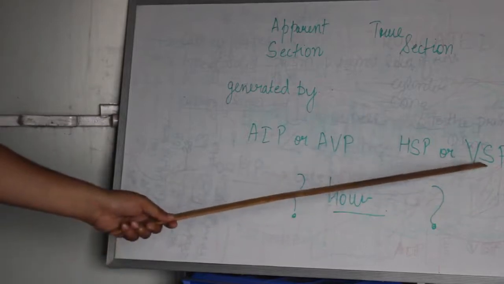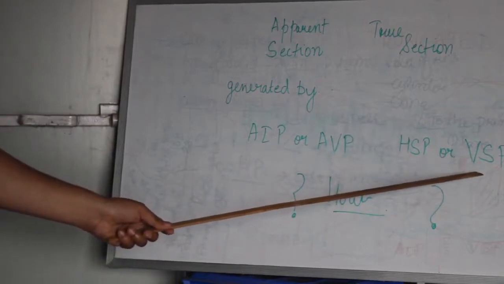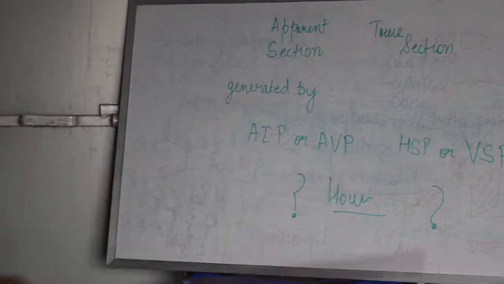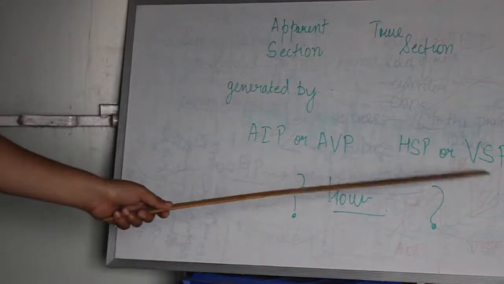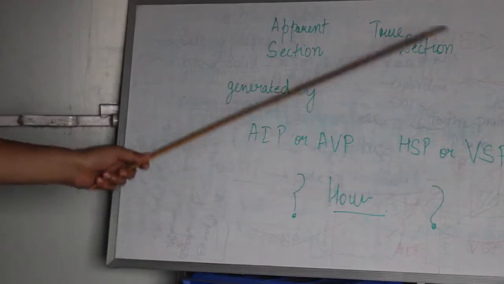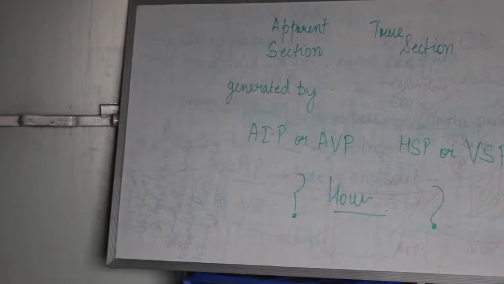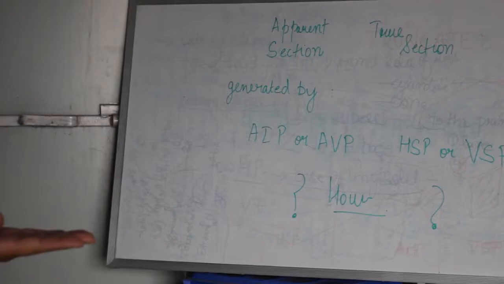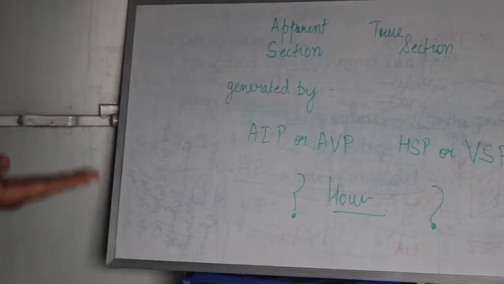The surface of the cutting plane is parallel to VP if it is a VSP. So if the cutting plane is an HSP or a VSP, a true section will be generated on the solid. The solid which is cut by an HSP or VSP will create a true section on the solid,